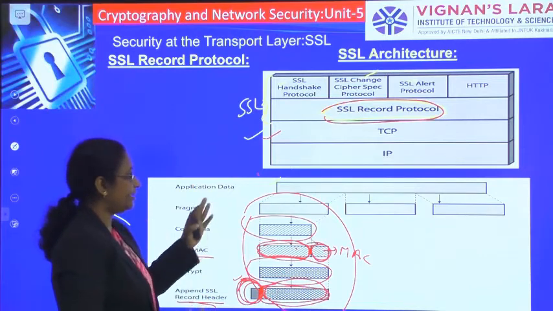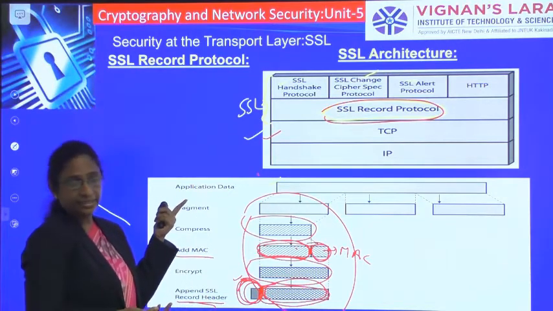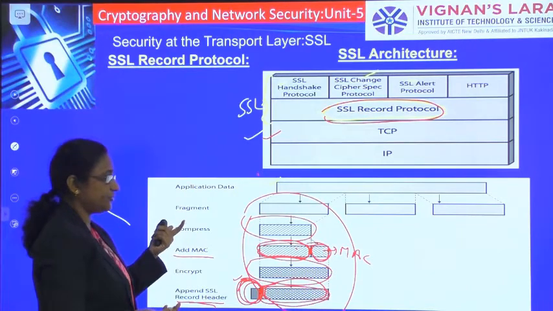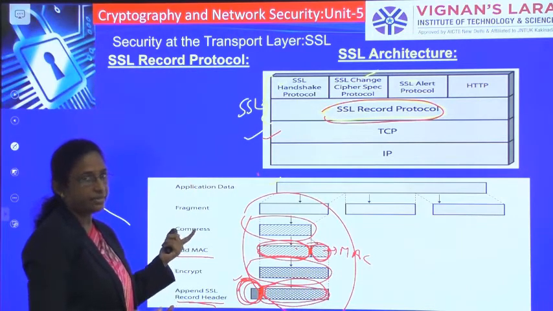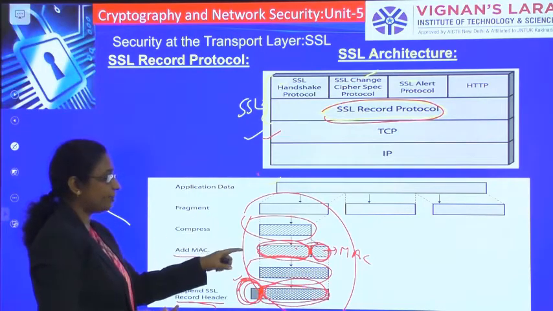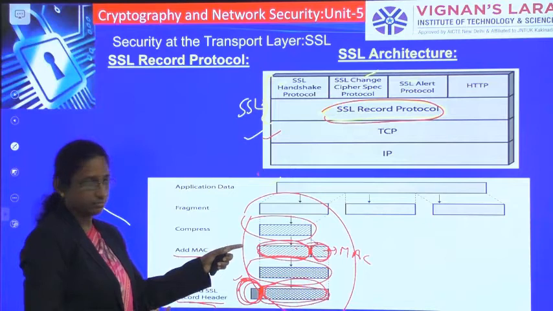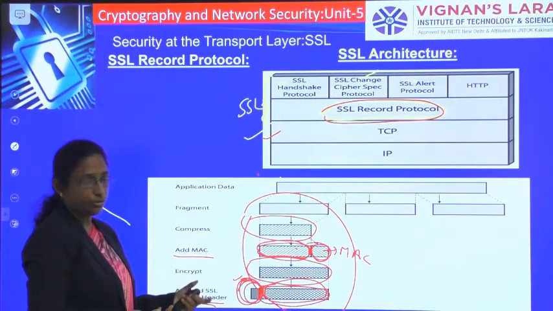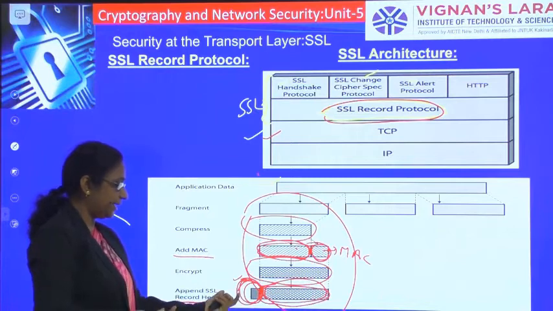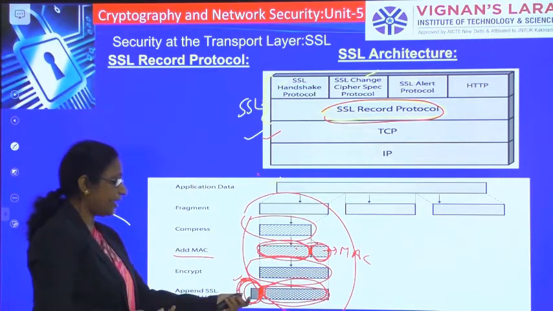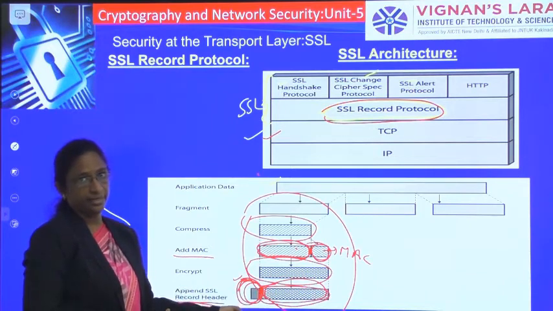For that, we will be taking the application data and it will be fragmented. Each fragment is first compressed and then we will be generating a MAC code. That MAC code will be appended to this compressed data, and after that encryption is done. After doing that encryption, we will be appending this record header to this encrypted data.